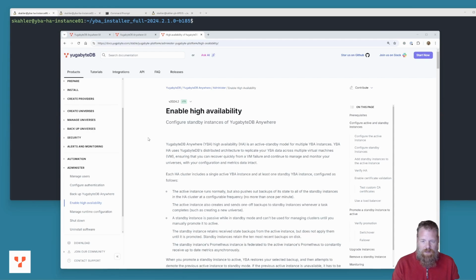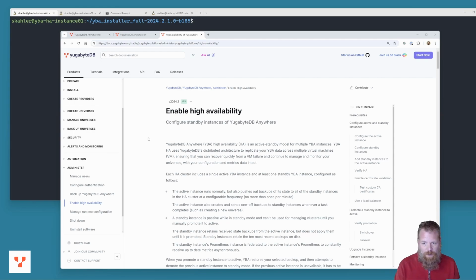So, high availability is where you have an active node and a standby node of the platform, the YBA. YBA does command and control of the databases that are out there. If you were to lose your YBA, your databases will keep running because it just controls them and holds metadata about them, but your ability to do things, to monitor, to have backups running are impacted because those things